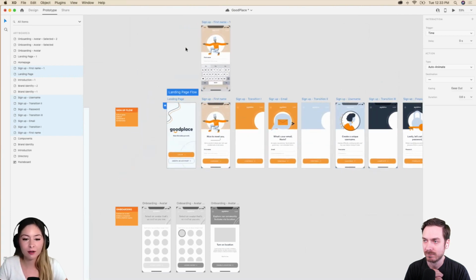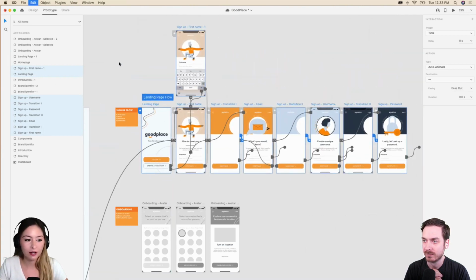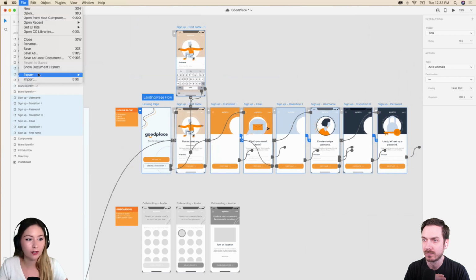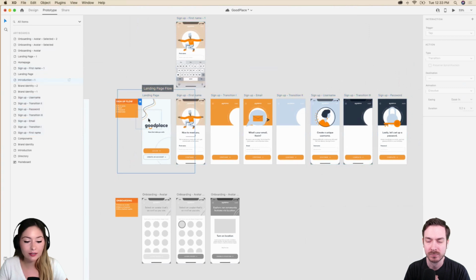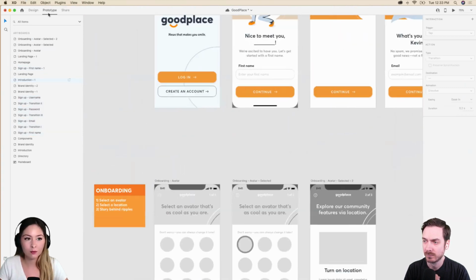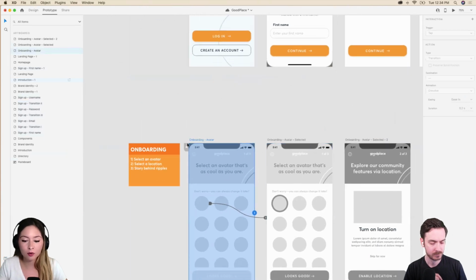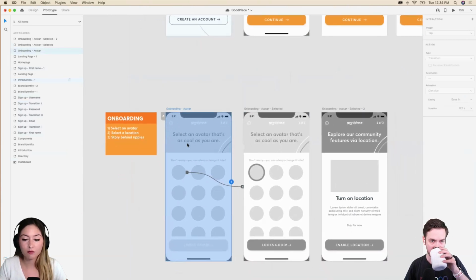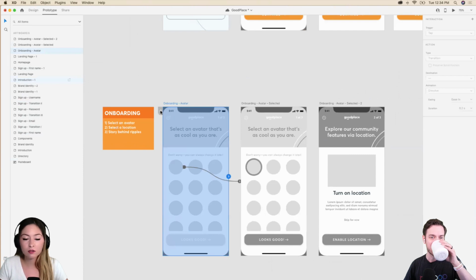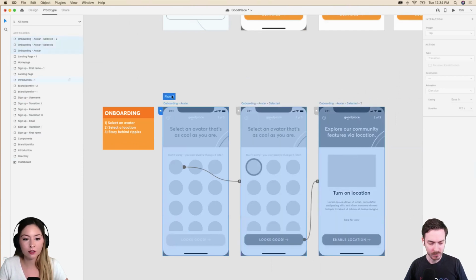We've defined this flow and now I get this whole chunk. And if I wanted to, I could export these selected artboards, which is great. But like Howard was saying, we can have multiple flows, right? So let's say I also want an onboarding low fidelity version that maybe I want to do some user testing with. So let's name this